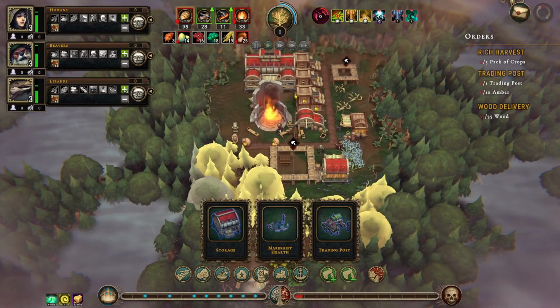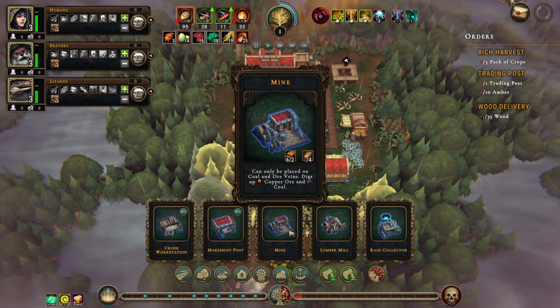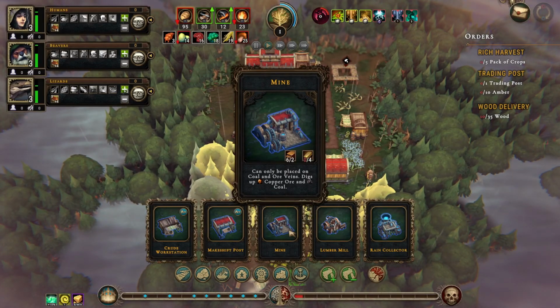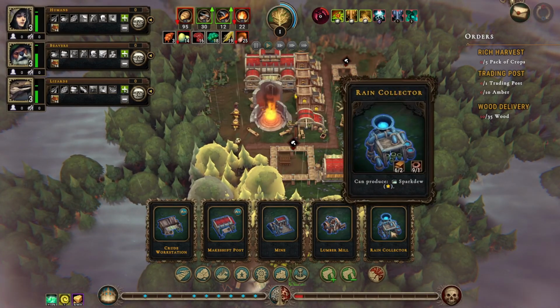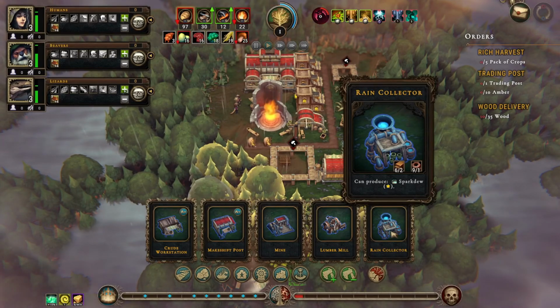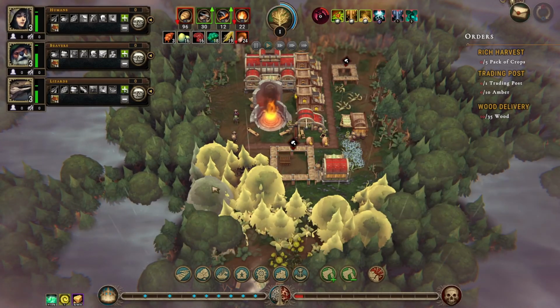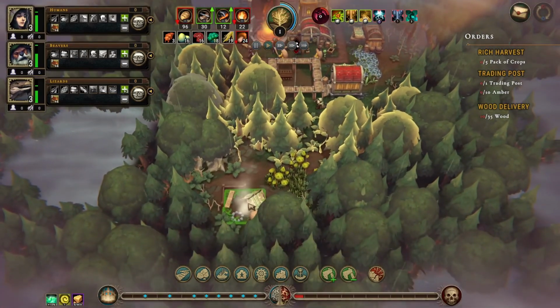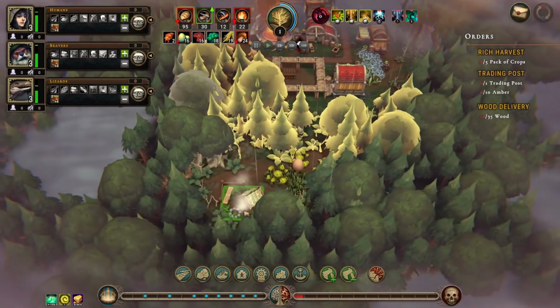I do want to look at some of these other new buildings. We have a mine, which allows us to get coal and ore veins and dig up copper ore and coal. We have the rain collector for spark 2, and we are building the lumber mill, or if we would be building it if we had a free worker, which we don't, because our free human is bringing the food here